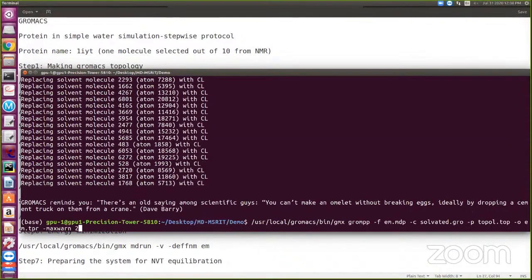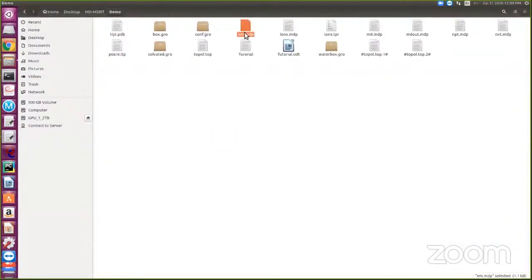Here, gmx grompp is the command from GROMACS for preparing energy minimization. My input file is em.mdp. I already created these files, I told you, right? These files are important. If required, you can download them from the Lysozyme in Water MD tutorial website.